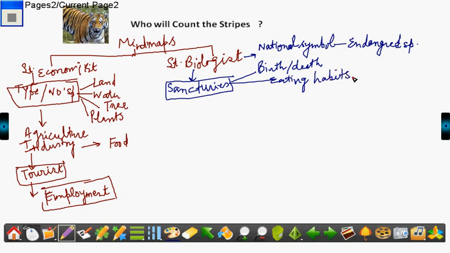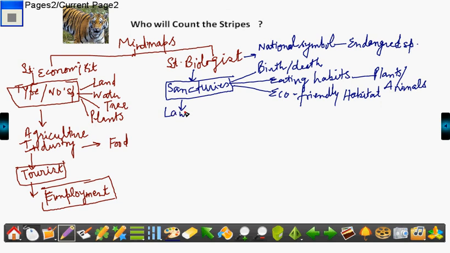Similarly, we can have variety of plants and animals depending upon the eating habit. We can have eco-friendly habitat, right? Habitat. We can have eco-friendly habitat. So for this, we should have laws by World Wide Fund. The law says that